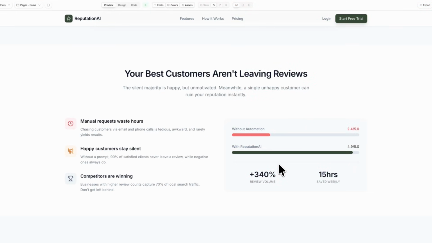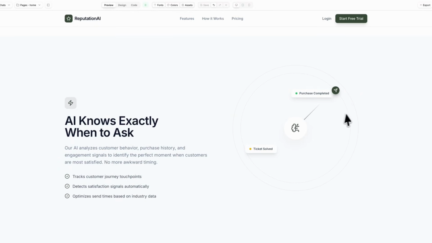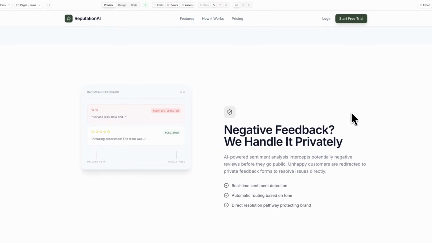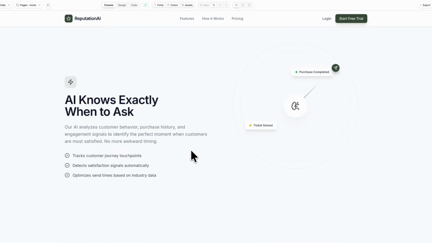Okay, we have defined the problem, but now we need to show the solution. We have 3 feature sections here. The layout is standard, it's a headline on the left with a few bullets and a text and a graphic on the right, and it repeats itself on the other side around 3 times, as you can see here. And these sections are actually pretty easy to build yourself within GoHighLevel, and I pretty much repeated the same steps I did before. For the graphics, like this icon or this graphic on the right, I just screenshotted them and